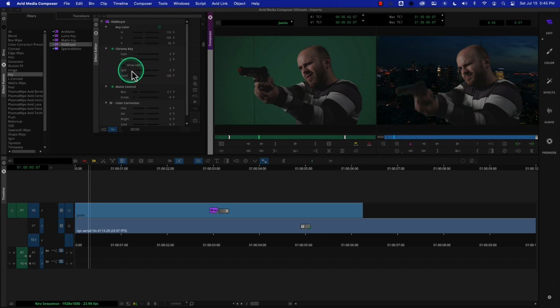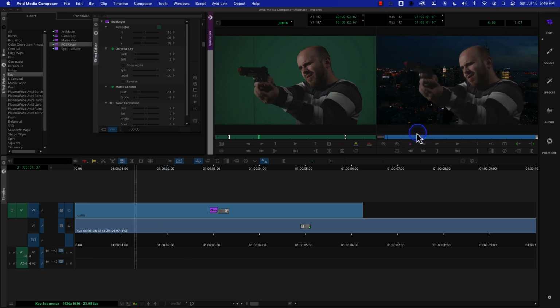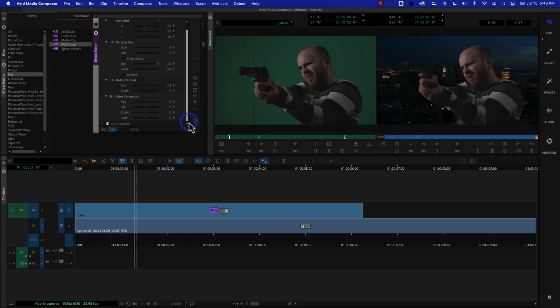So you may want to increase the spill suppressor, which would reduce the green from the foreground. That would neutralize the green there. You can see that being neutralized and turning that green to a shade of gray. We'll just crank the spill suppressor up and have that be less green as it goes through. And this is the RGB key here. Notice it comes with a really, really basic